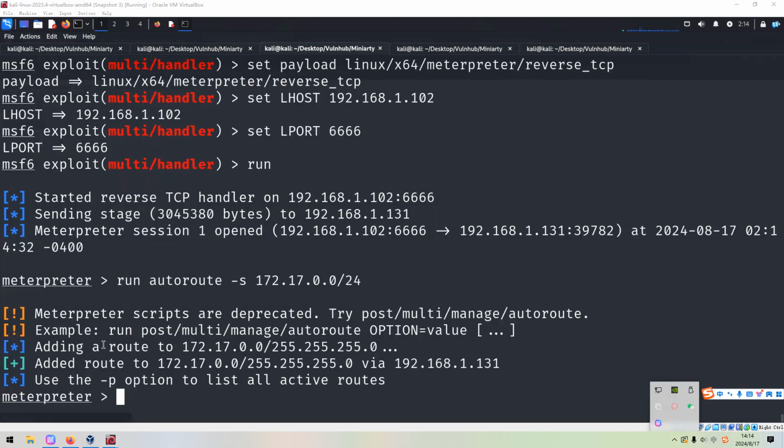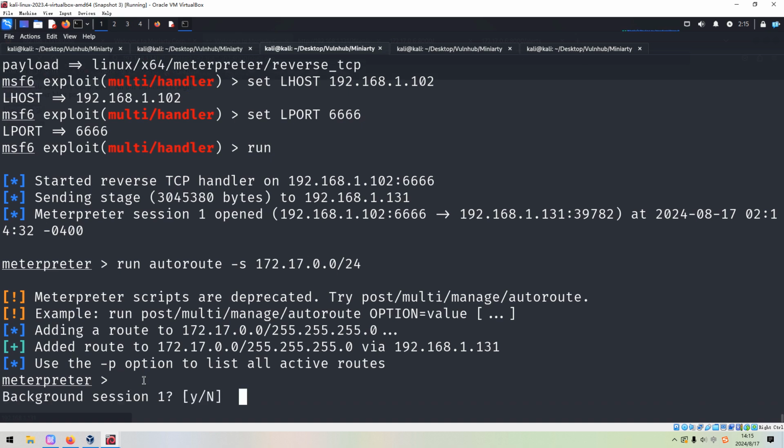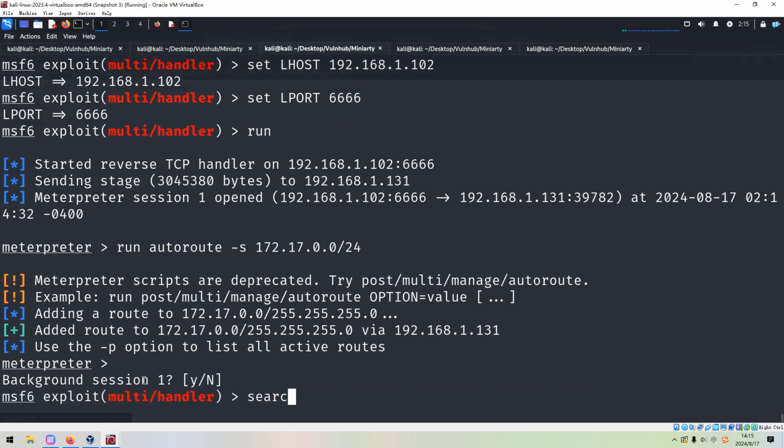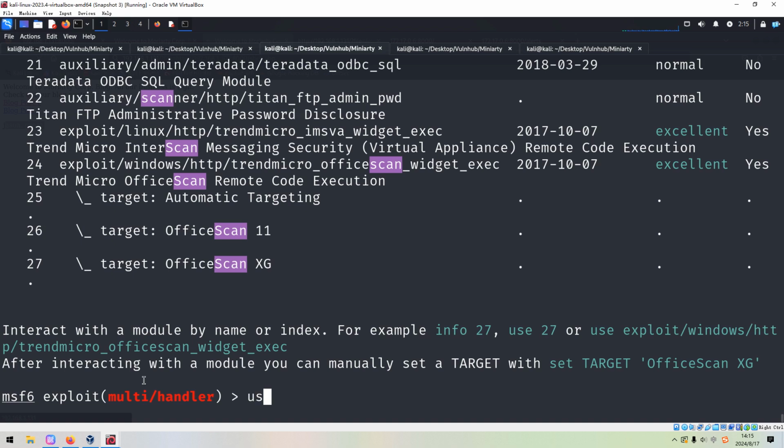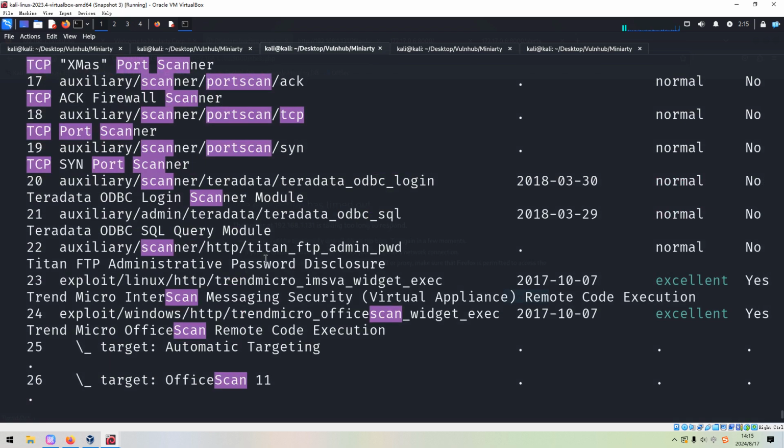Yeah, I'm back. I've already restarted Metasploit. So next, I'd like to background the current Metasploit session, and we can search the port scan TCP, and we can use the module of this one.